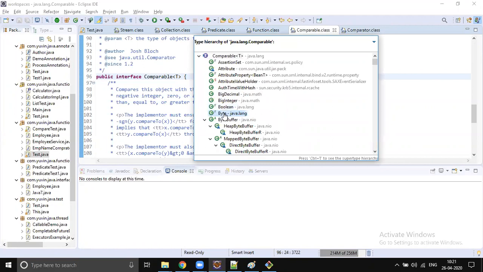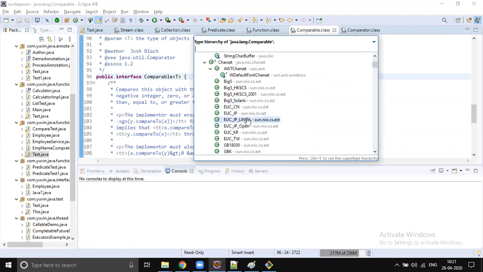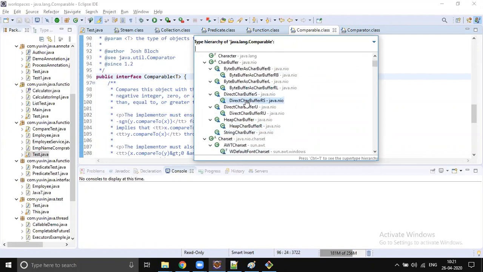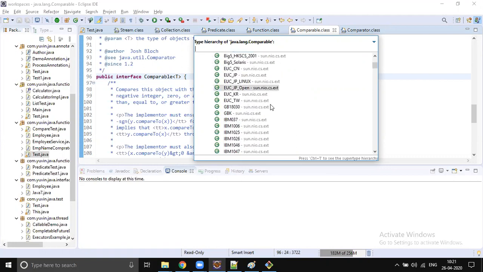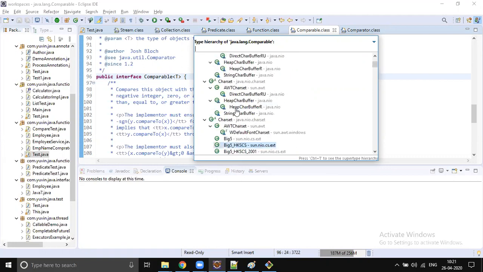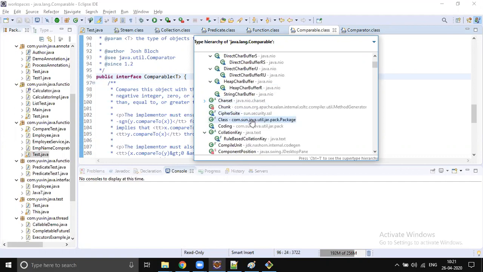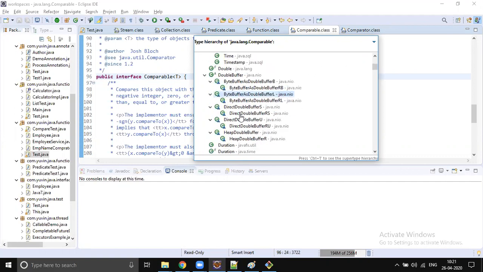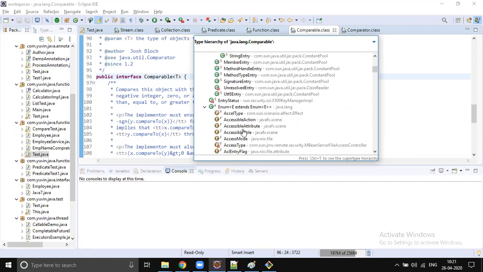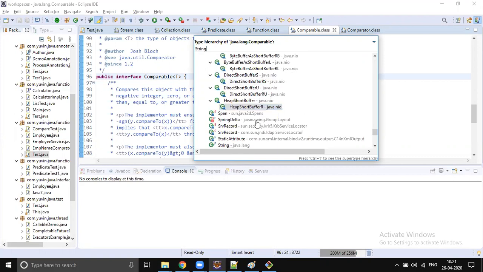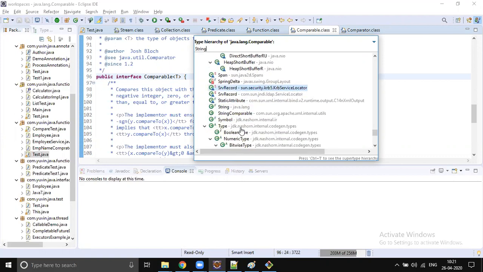See, Byte is a wrapper class, Boolean is a wrapper class, BigInteger, BigDecimal, we also have Character, we have Date, we have String. So Integer, Double,